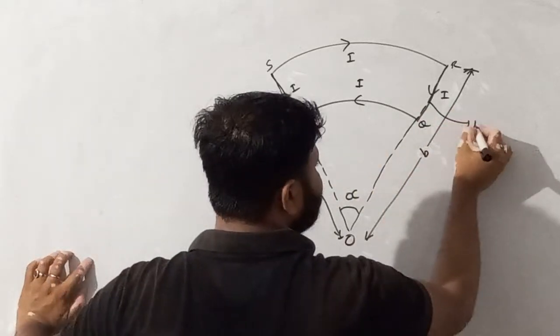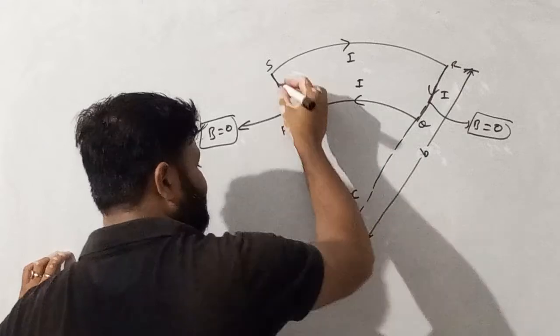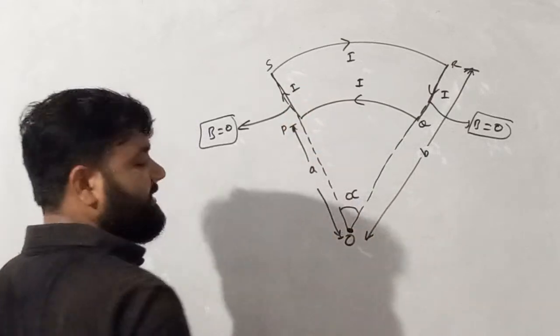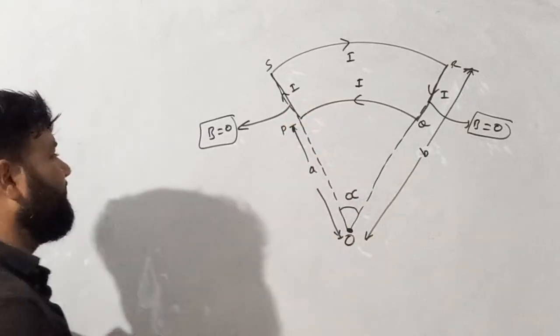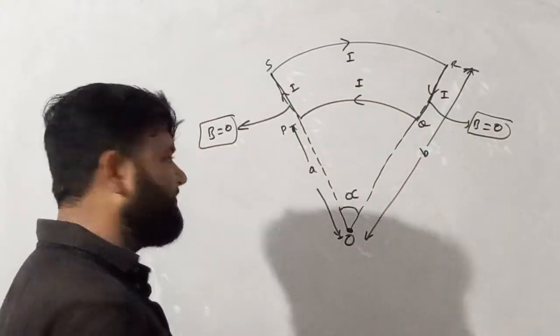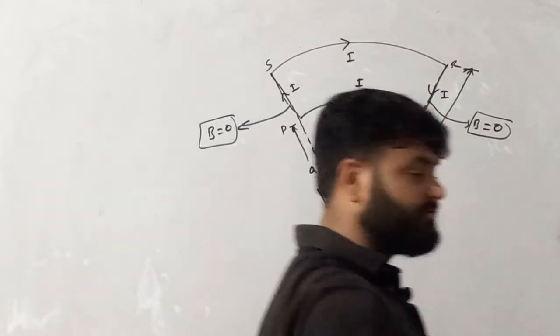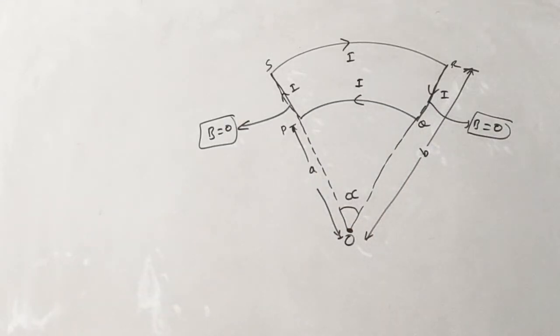Similarly, due to this wire as well, the value of the magnetic field is 0, because both the wires' axes are passing over that point where we want to find the magnetic field. So due to this wire, the magnetic field is 0. Due to this wire as well, the magnetic field is 0. Now we have this arc and this arc. Please try to solve the question, my dear student. The angle subtended by an arc is alpha. The angle subtended by the arc in both cases is alpha, but the radius is different.